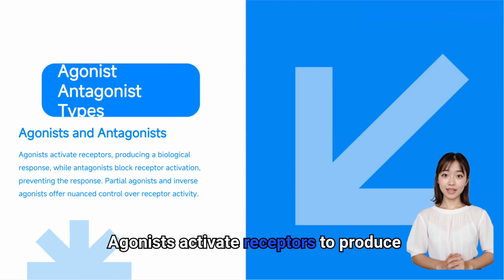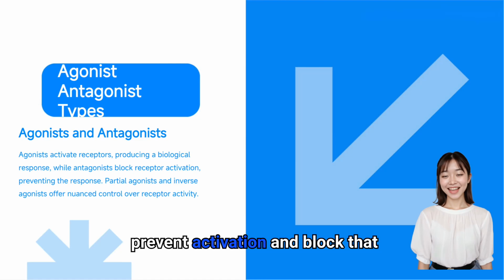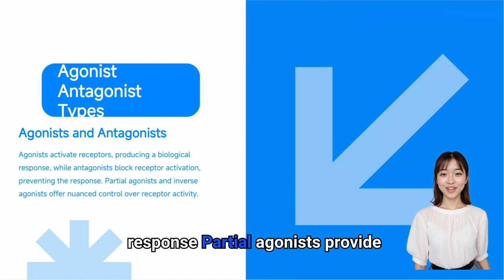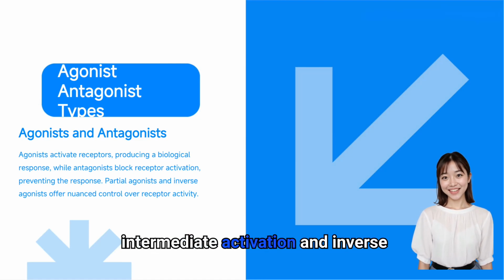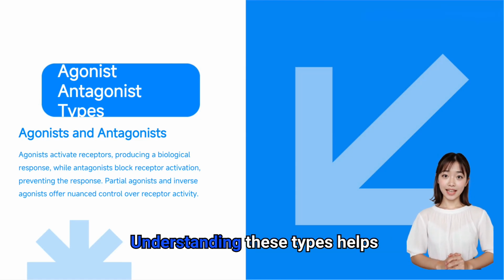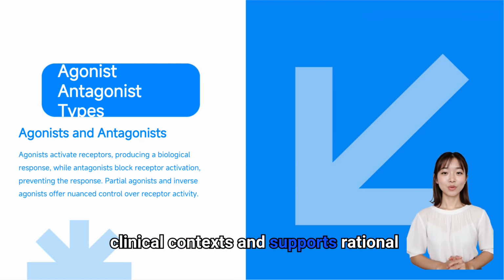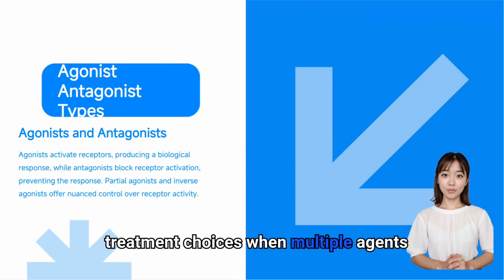Agonists activate receptors to produce a biological response, while antagonists prevent activation and block that response. Partial agonists provide intermediate activation, and inverse agonists can reduce baseline activity. Understanding these types helps explain drug behavior in different clinical contexts and supports rational treatment choices when multiple agents are